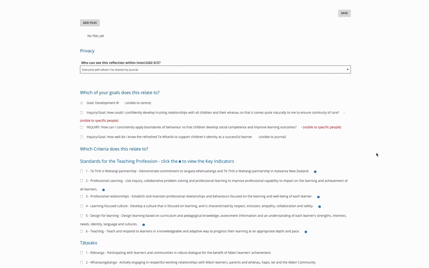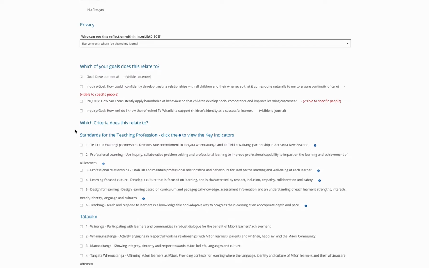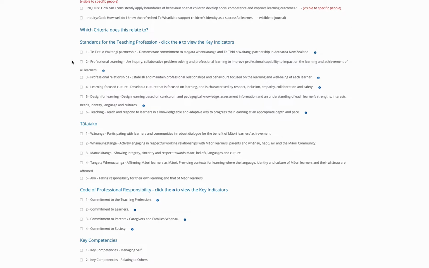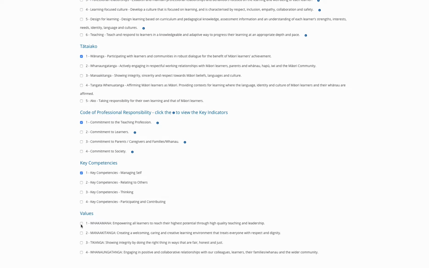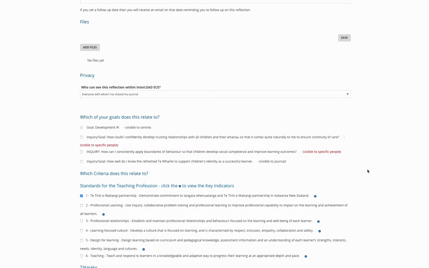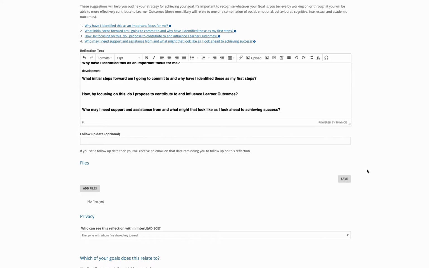You'll see that your goal has been automatically tagged, and then you may go down and choose which of the standards for the teaching profession, Tā Taiako, Code of Professional Responsibility, key competencies, and values you wish this particular goal to relate to. You then scroll up the page and you click the Save button on the right hand side. Your goal will now save